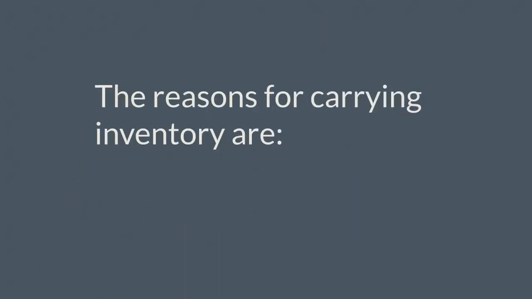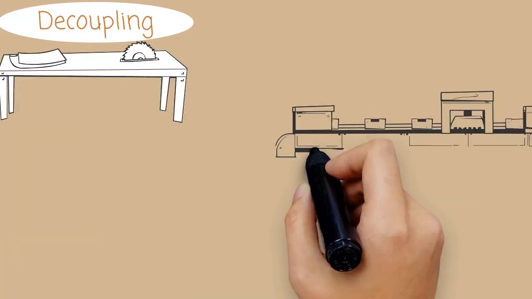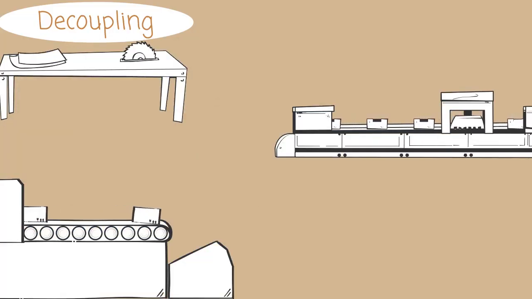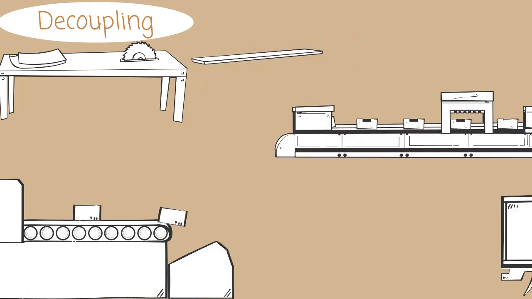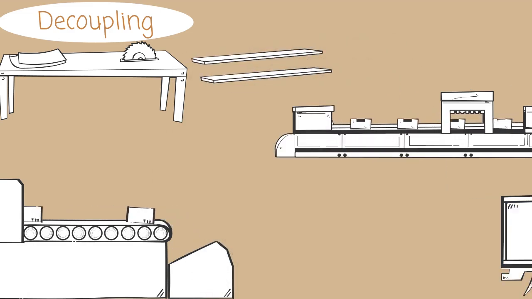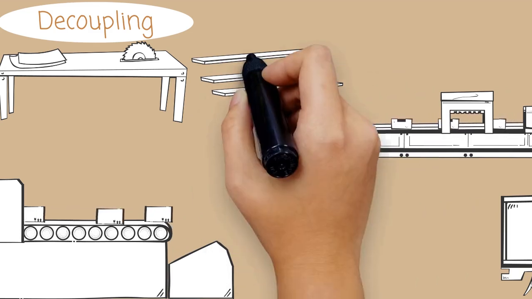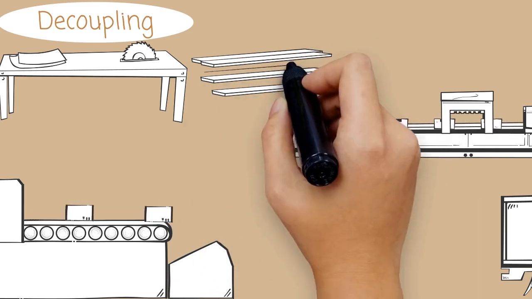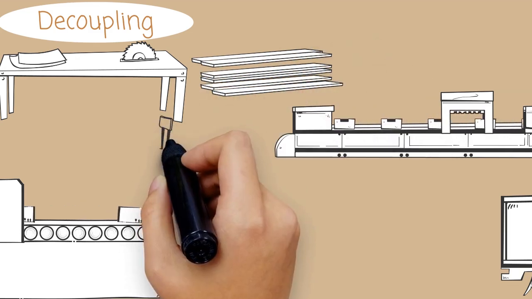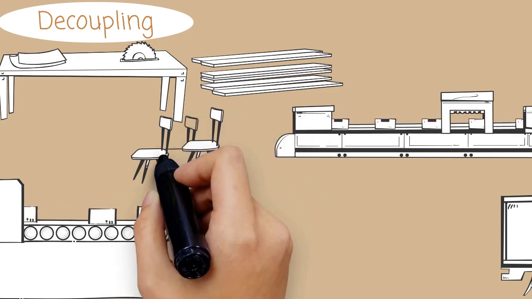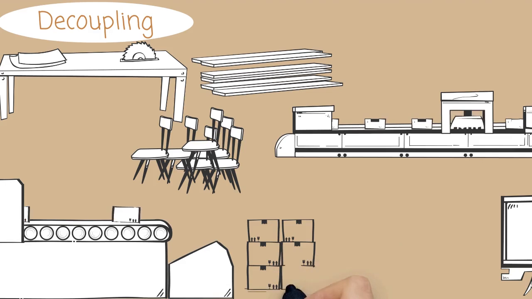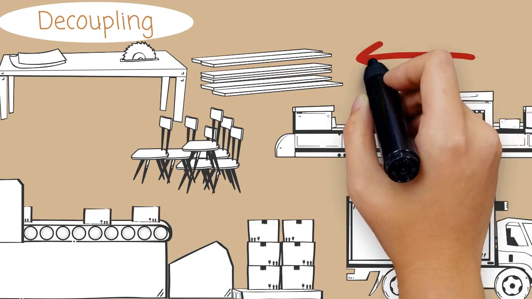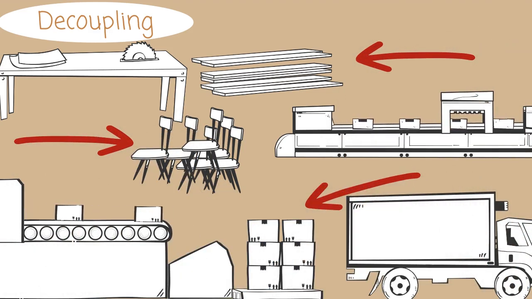The reasons for carrying inventory are decoupling, separating one manufacturing or distributing process from another. Typically, in a manufacturing or distribution environment, inventory will be held between work centers to create independence. This means that each work center in the process will keep a small amount of inventory to ensure that there's no delay in the process. If a work center upstream has a delay for any reason, this will not impact on the next work center